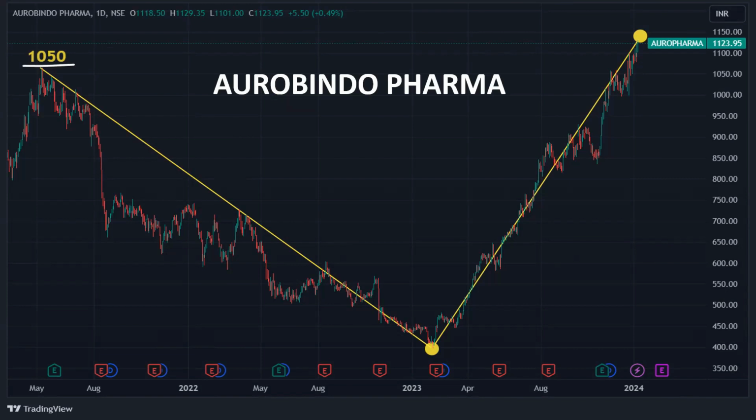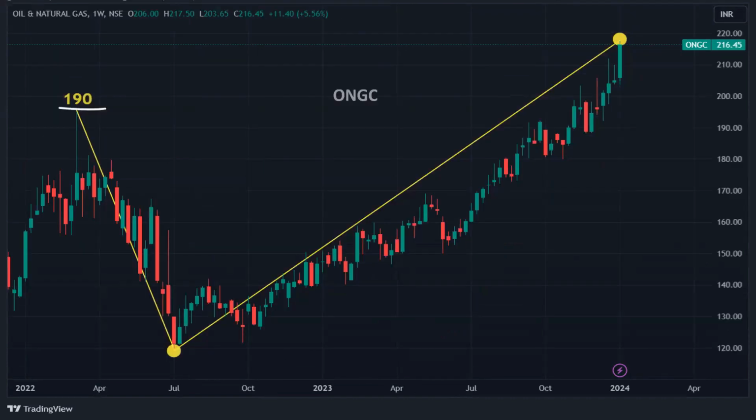So when it came down to 400 rupees, from there, see how fast it went up. Now all the way from 400 rupees to 1120 rupees, even more. Almost three times, from 400 to 1100 above. So that is how you need to catch. When a business like Aurobindo Pharma enters temporary trouble, you plan it, buy it, own it, then you will see good returns.